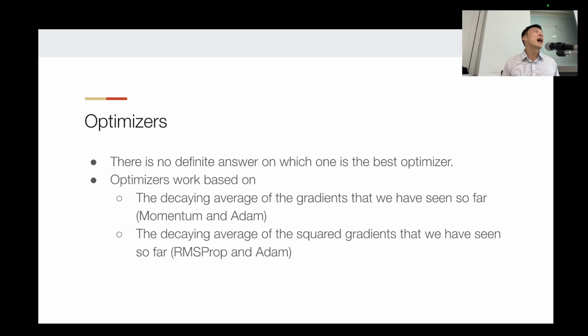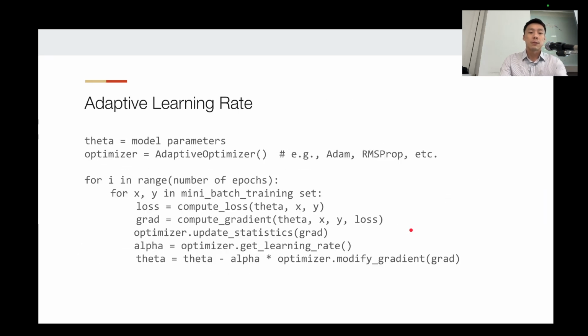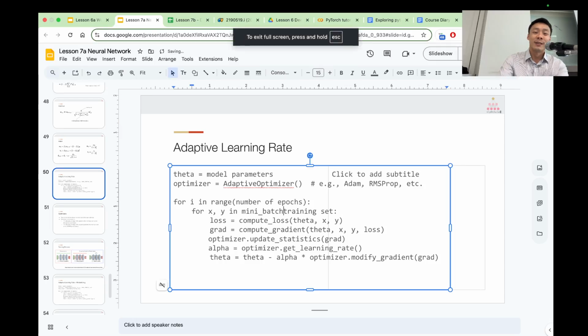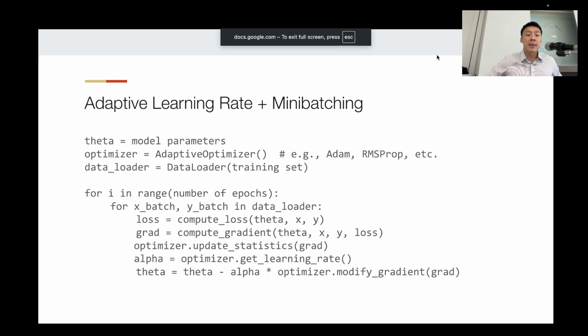There are many other optimizers, but all they do is create a variation of these statistics over the previous time steps. We will use that with mini batching, and that completes the whole idea of training